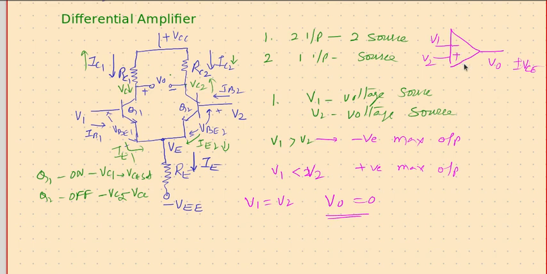Done. So the second version, when only one input is applied, what would happen to the other input? That's what we need to look at. And yes, I'm sure that it's going to create more interesting wonders when we have only single input source and the other one is connected to a passive network. That's what we are going to see in our next session.